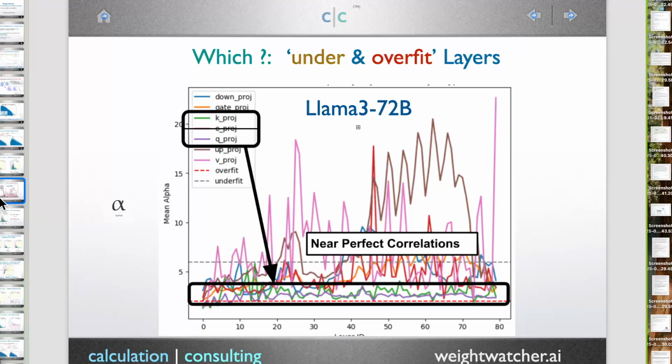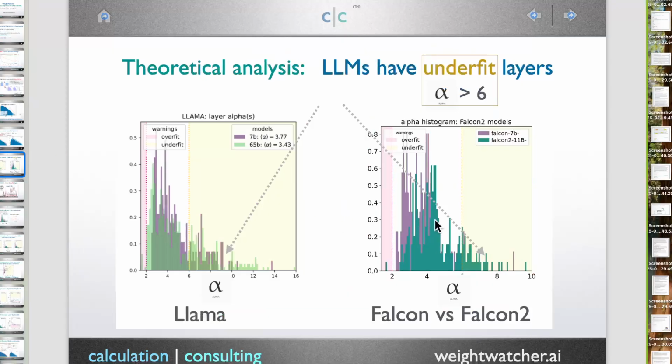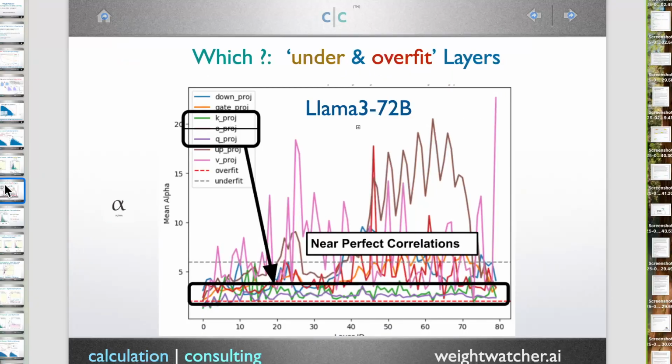My theory. This is a theory, right? What I'm proposing is that if you can get all the layers in this range, you're going to do really, really well. It turns out that if you look at Falcon, the original Falcon had all the layers in this range, but nobody used it. So your data set really matters. What's happening here is this is a convergence theorem.